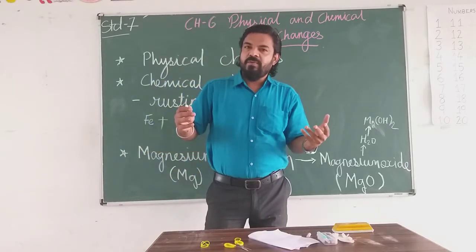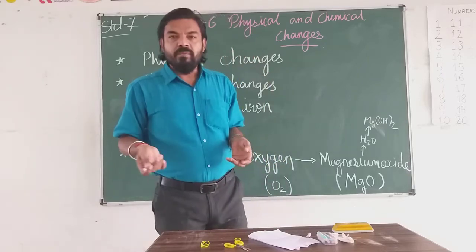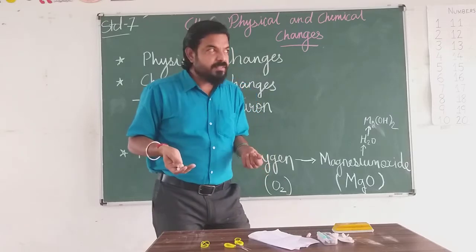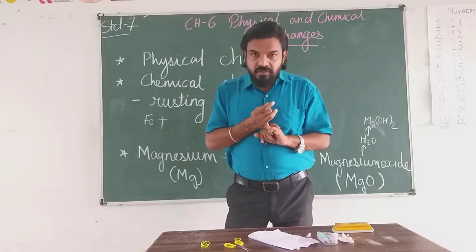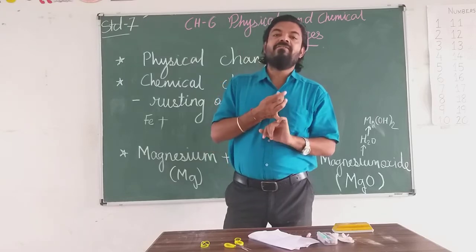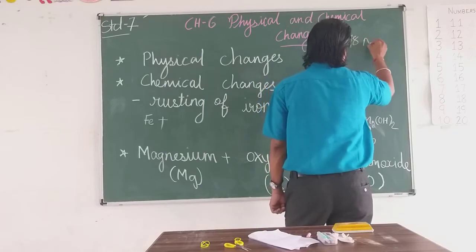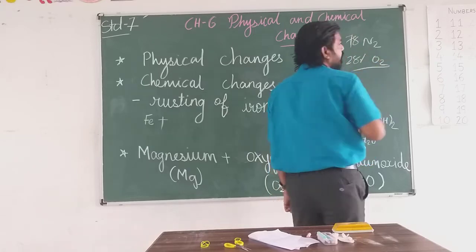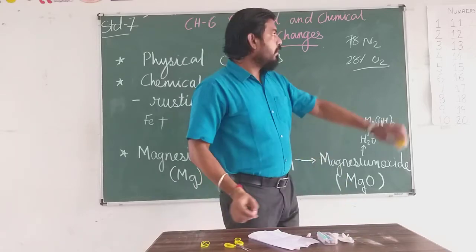Nitrogen is present about 78%. Carbon dioxide is present about 1%. And oxygen is present about 21%. Is it? So 21% oxygen, 78% nitrogen. Suppose these gases are present, and